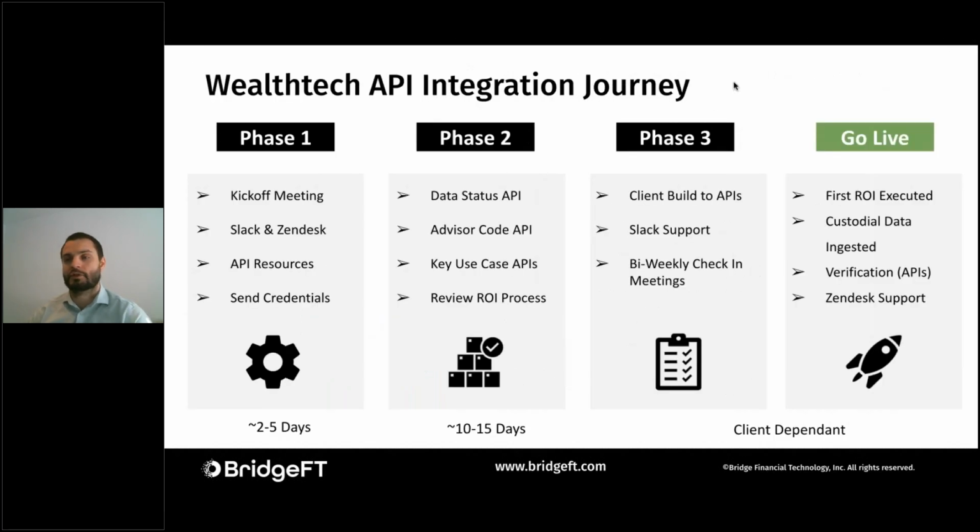And on the next slide, we'll just look at the whole picture once more. And just to highlight that getting access to the APIs is really important to be able to start building out and going to market as soon as possible. And for us, the general time frame that we see is about 17 to 20 business days getting to that phase 3 point. But yeah, next I'll talk through the ROI process. Gunnar,